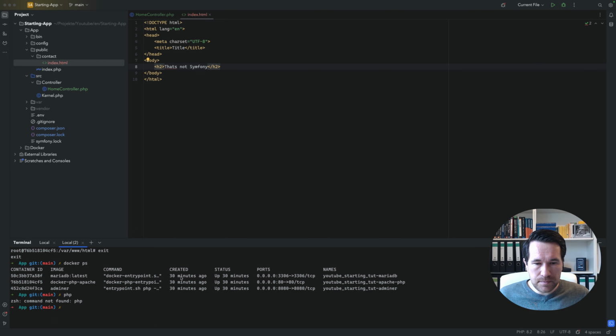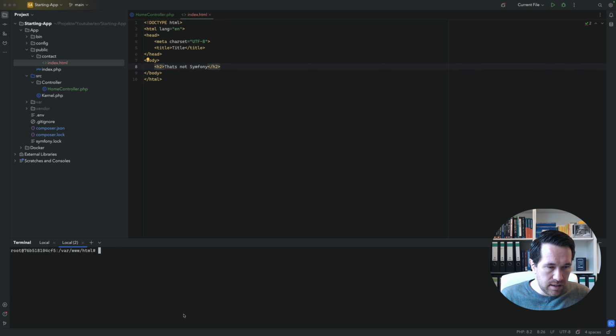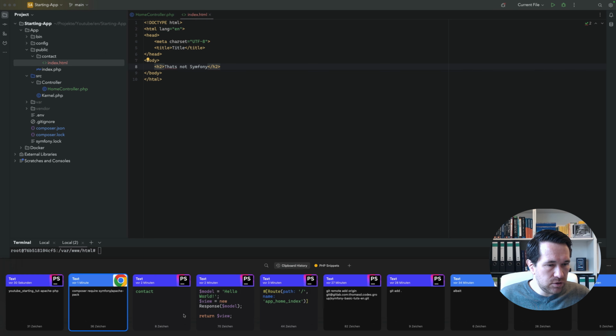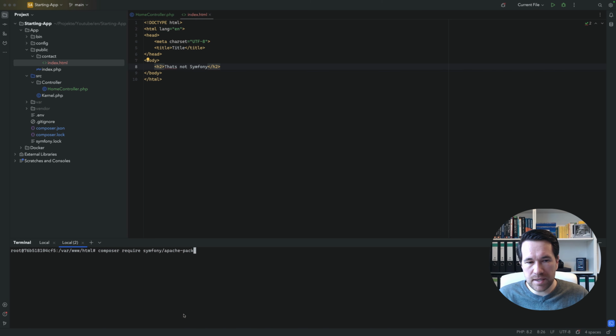So I go to my YouTube starting Apache PHP container. I do this with docker exec -it for interactive terminal. I paste in the container name. After that, I want to open this with bash. And now you see I am on the container. You can see that pretty easily here with the root user at the randomized host name. Okay. So on this Docker machine here, I enter the composer require statement here,